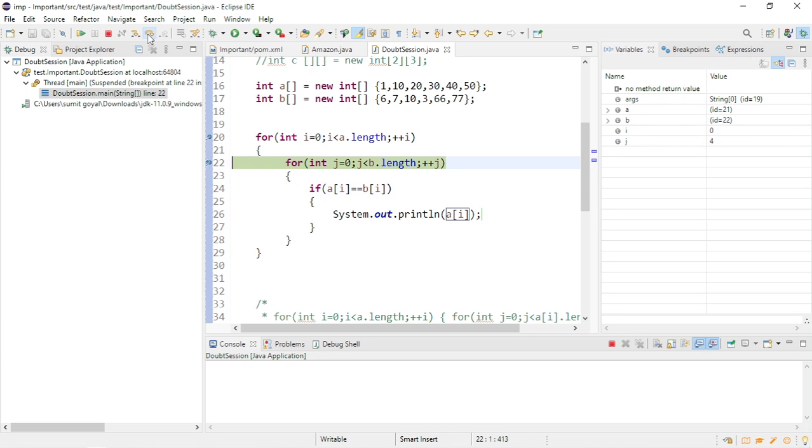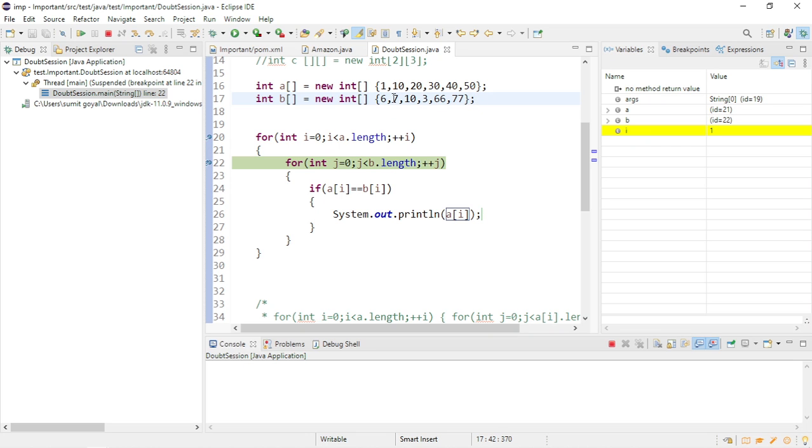So for the first time we did not get any element, but after that, a value will become 1 now. The i value is 1, which means a of 1. Now we are checking this element with all the elements from the second array.